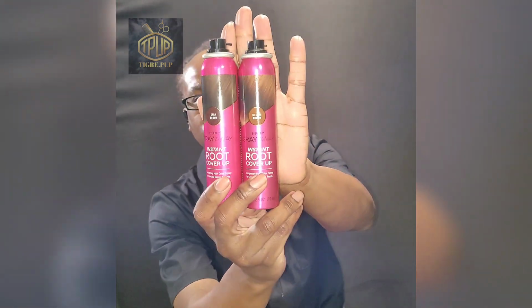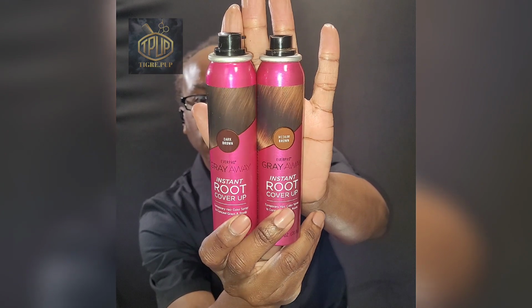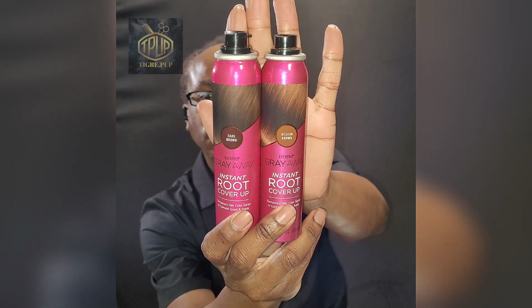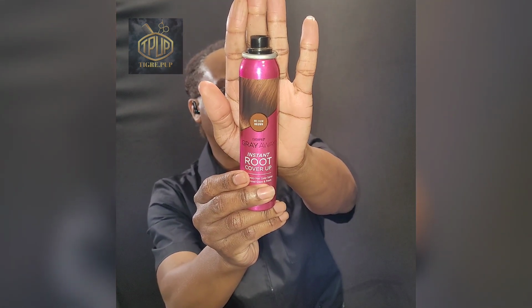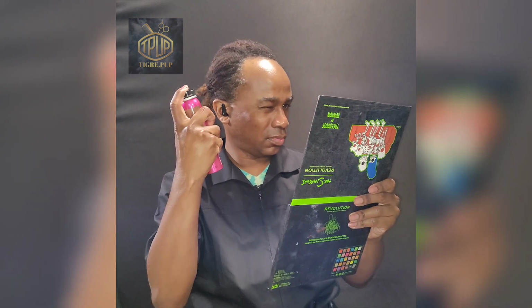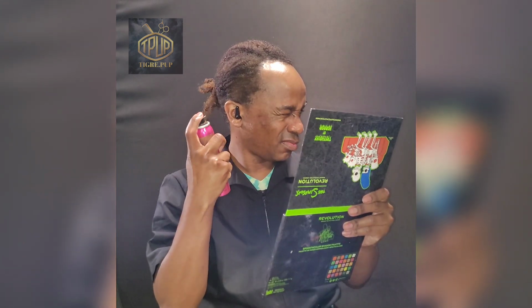Okay, so honestly, I prefer the Everpro product compared to the Kiss, so I decided to get the dark brown to see if it was actually a good color match. So that's what you're going to see me doing here. I'm going to start with the medium brown, as you can see here, and it should be on your left, my right. So I'm just shaking it up and applying like I did before. I couldn't find my handheld mirror, but I like this particular mist better than I did the Kiss. And as you can see, it does kind of match my ends a little bit,